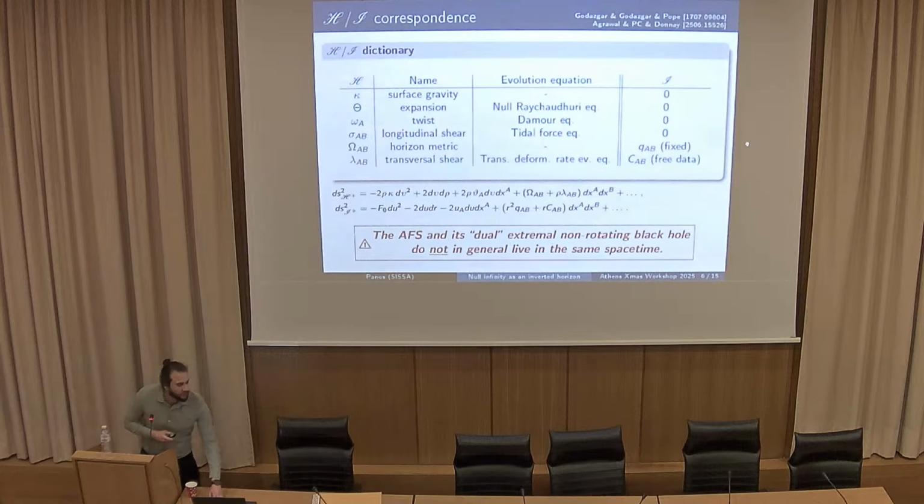So you said the horizon should be extremal or non-extremal; here it will be extremal for this extremal correspondence, right? You can think that this is a fancy way of saying that AdS is conformally flat. Yeah, essentially. Right, but a crucial remark here is that this dictionary is not very physical because it's a correspondence and not a symmetry. It tells you that there is a correspondence between two different types of geometries, but these geometries don't have to live in the same space-time, and in fact, they almost never do.